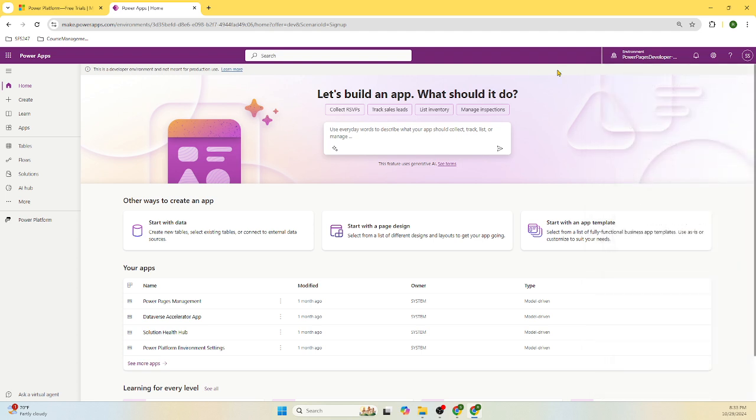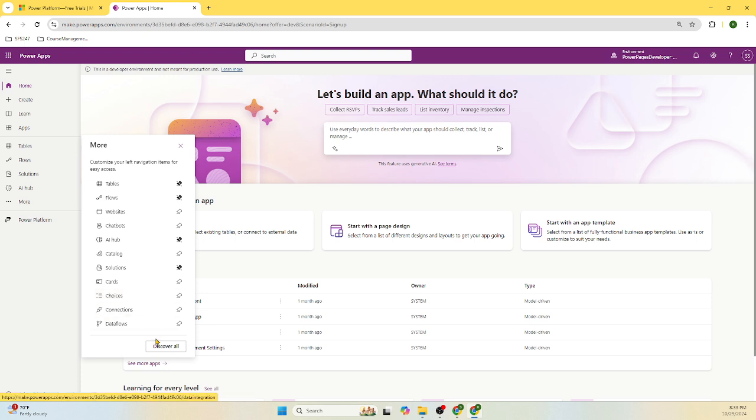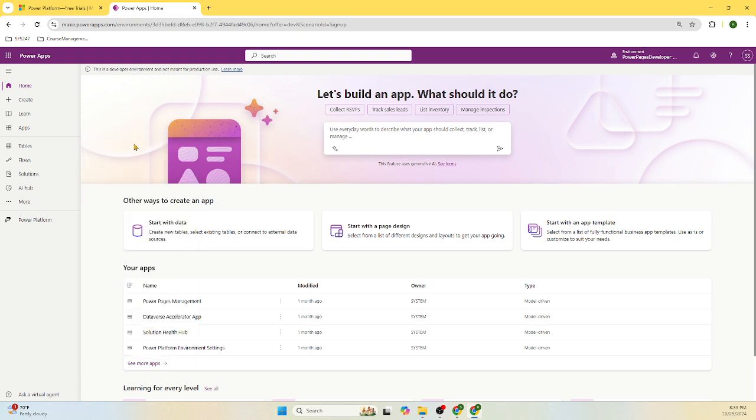I will quickly explain what you are looking at on the screen. Here on the left hand side, you can see the menu items. Here you can create, you can learn. These are apps, existing apps. You can create tables, you can create flows, solutions. AI Hub is where you can create AI related things. And here there are a lot of other navigational aspects. We will discuss more in subsequent videos. But for this free sign up, we are able to successfully sign up into this one,